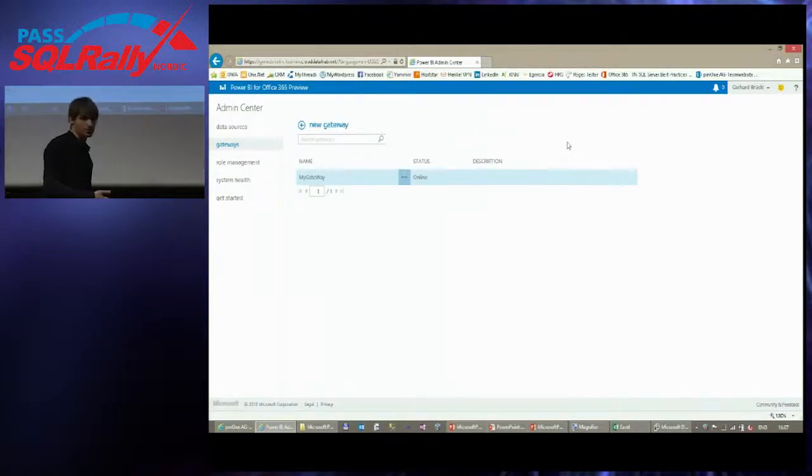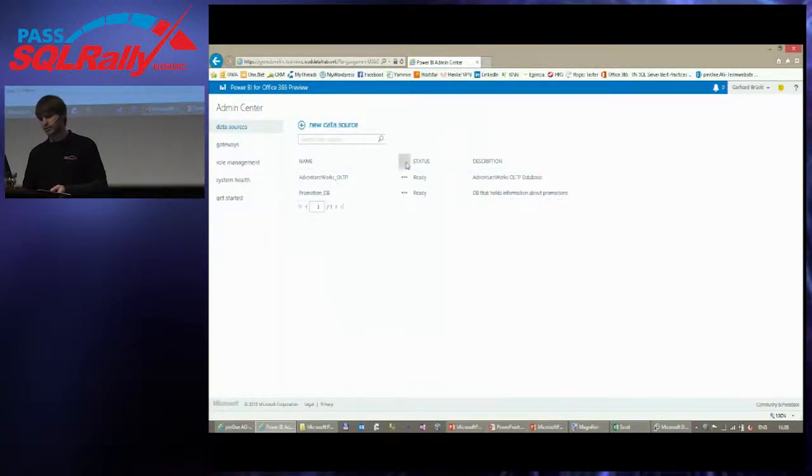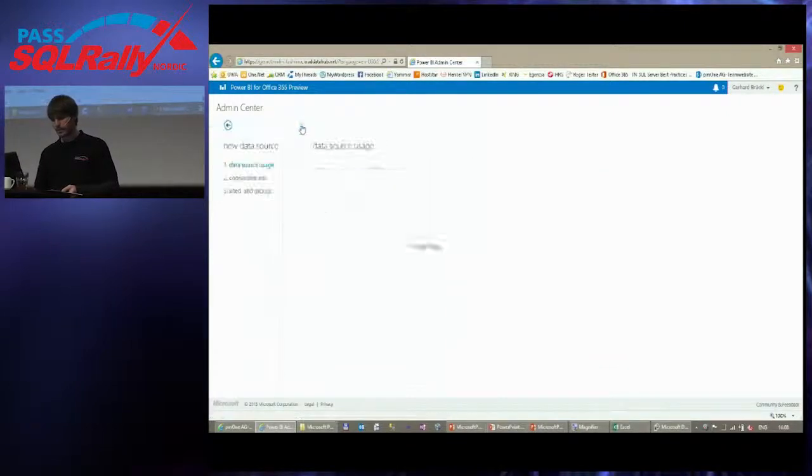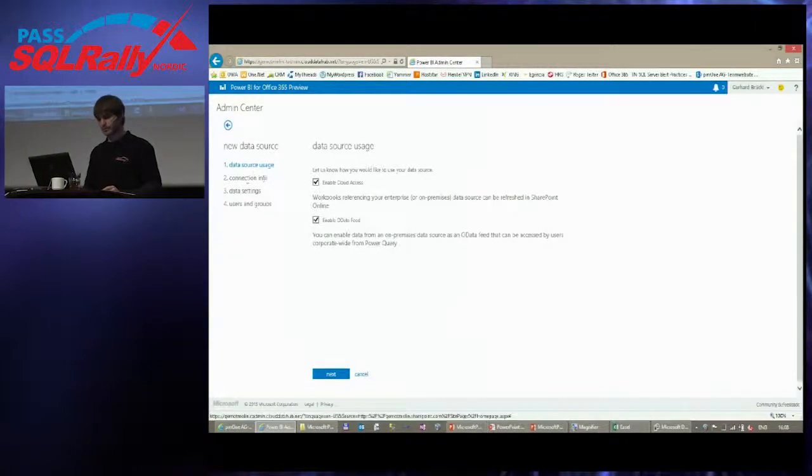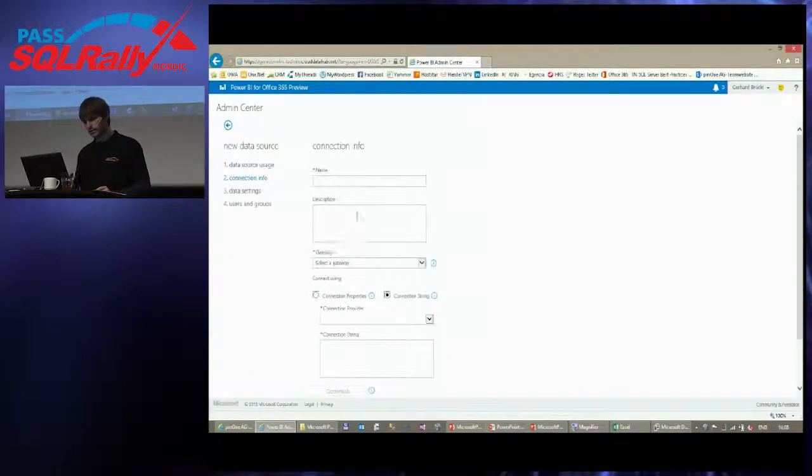On the server that the gateway is installed, we may have like 5 SQL Server instances, and each data source is dedicated to one instance always. So when you set up a new data source, you first of all have to enable OData feed, which means that the tables or the data source actually shows up in Power Query. The next thing is that you have to add the connection info, which is basically a name,